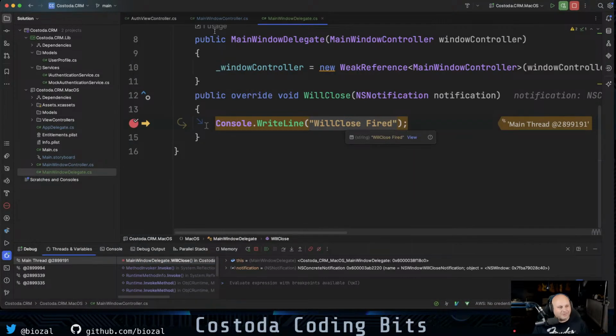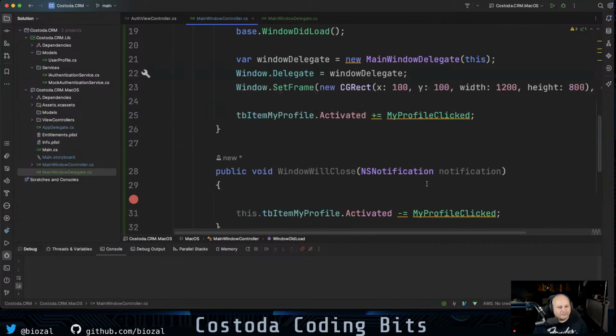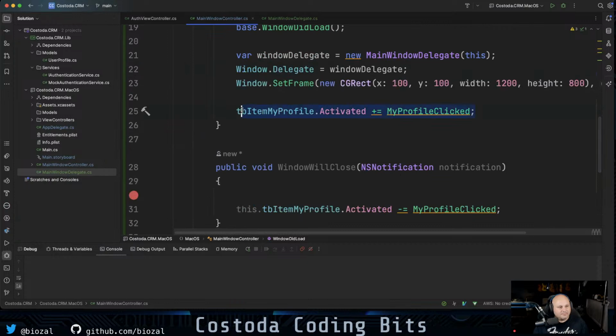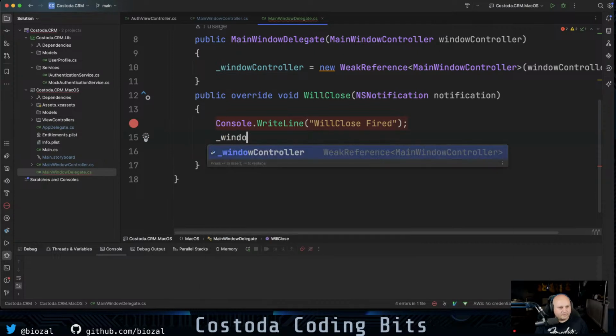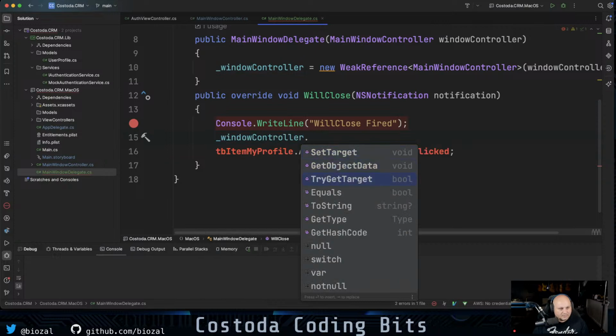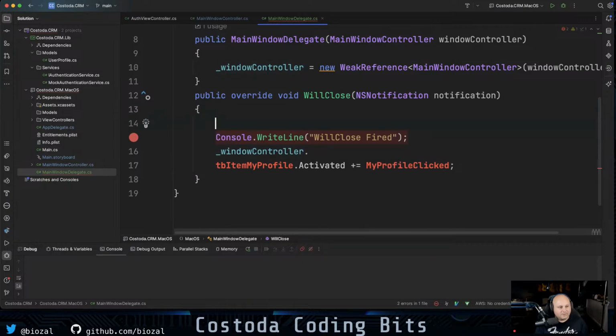There it is. It's firing. Cool. All right. That means that when close happens, now we can go through and do some cool stuff. So we can say here, we can see we have a window controller. So we're going to say, well, we've got to get a pointer to that. So we'll have to make an out for it. So we'll say main window controller,